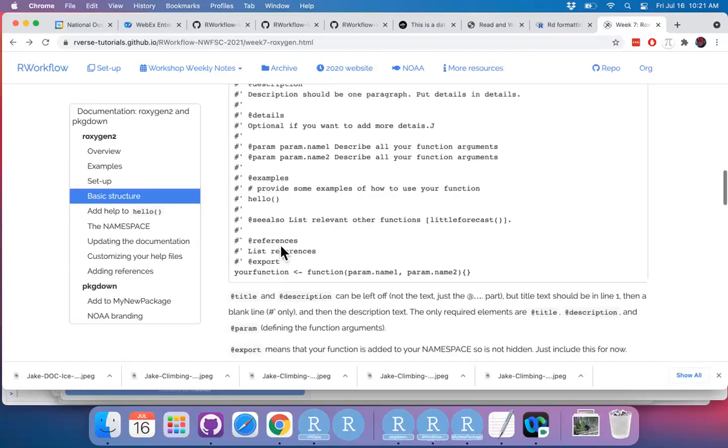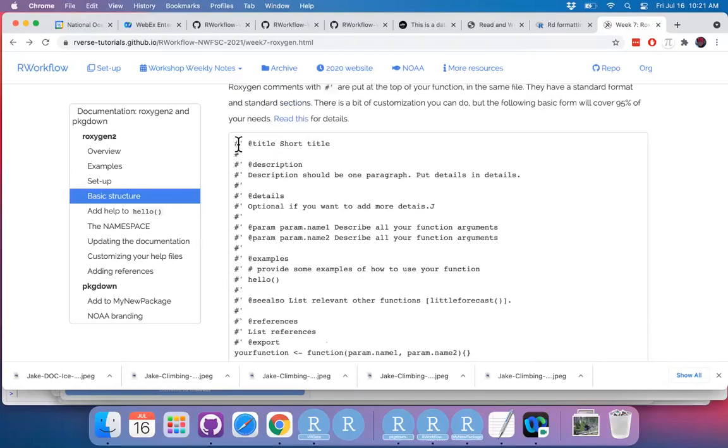package. So the only ones you really need here are, well, I guess you could just have title anyhow. You would typically have at least these, and then not details, and those. You need to describe your arguments. That's kind of the minimum that you would have. And then export,